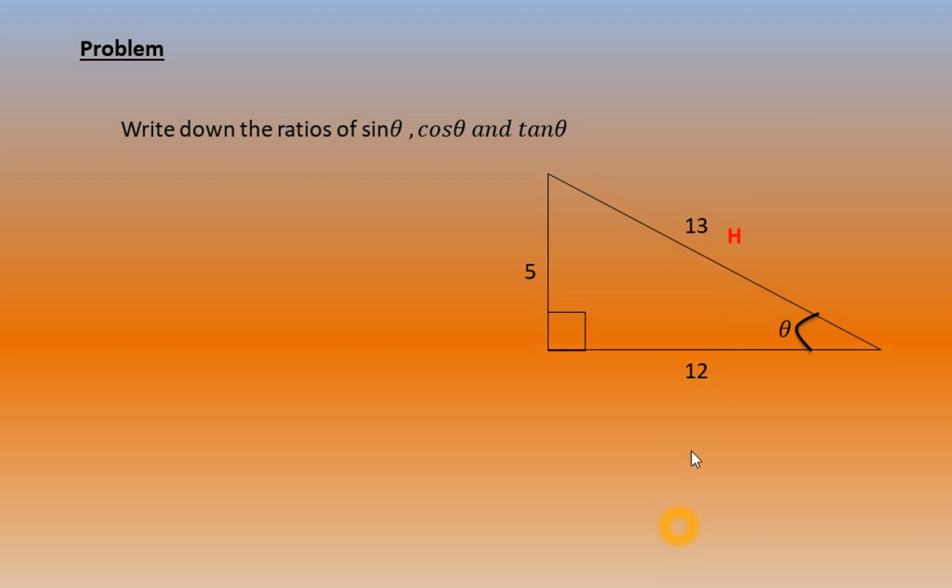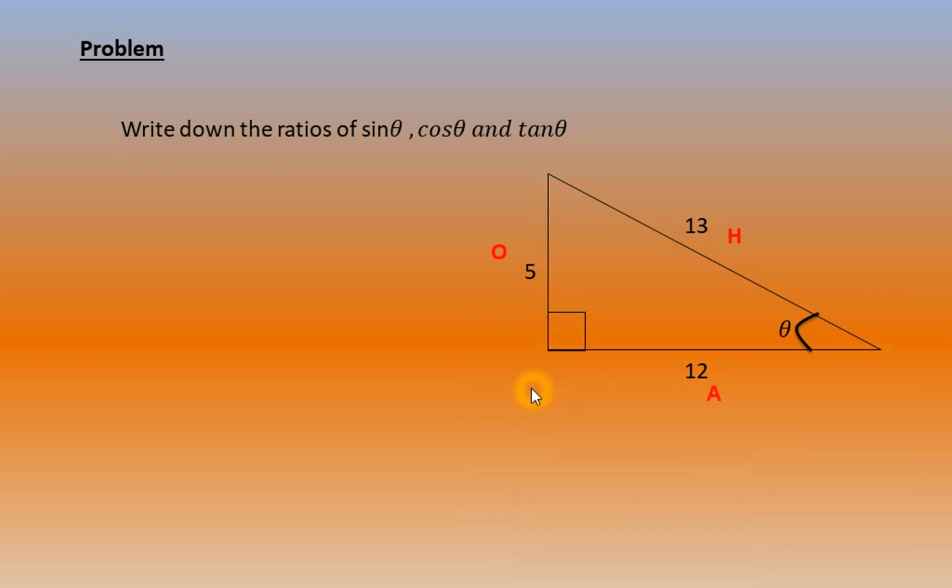The next one. The opposite side and adjacent side depend upon the angle theta. In this case, which is the opposite side? This side is the opposite side of this theta, so we mark that one as the opposite side. Then what is this side? It is the nearest one, that is the adjacent side. We can mark that as A.